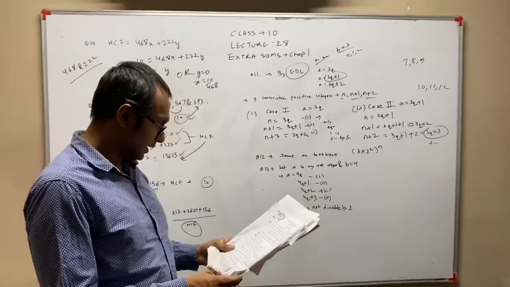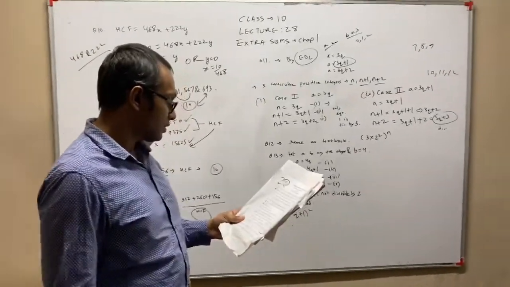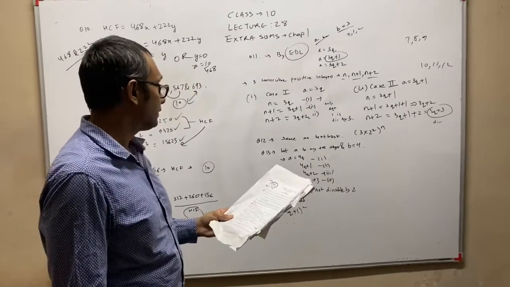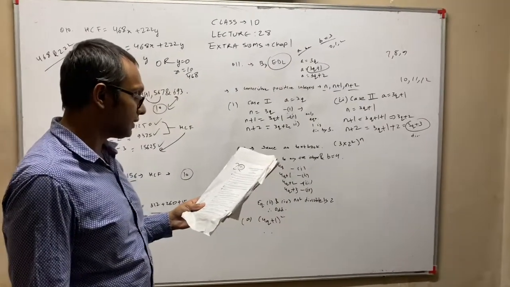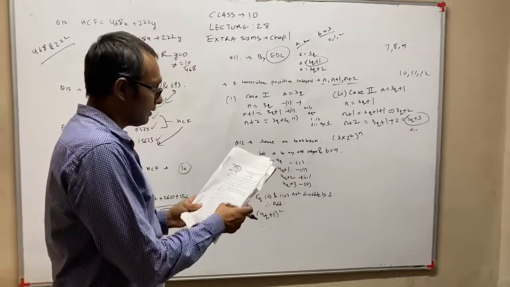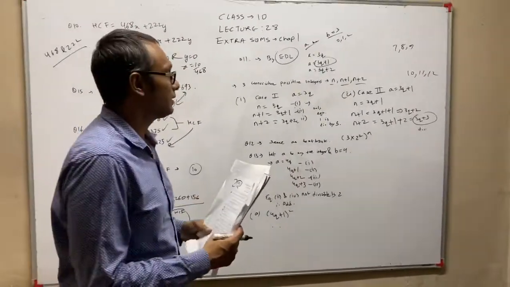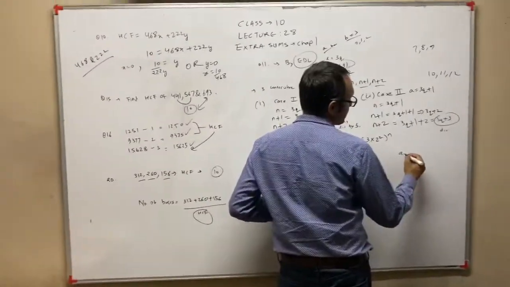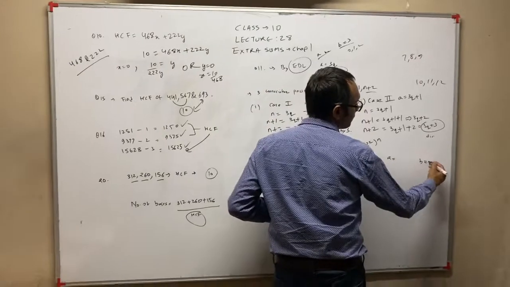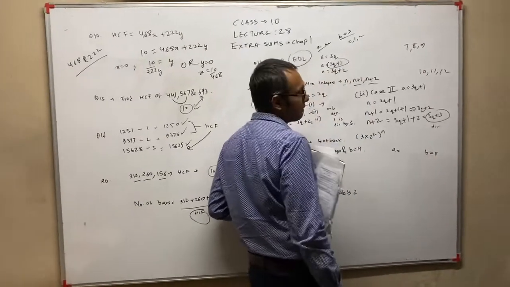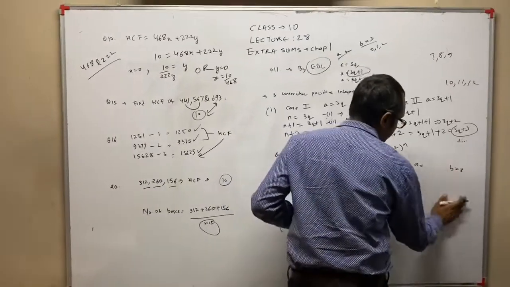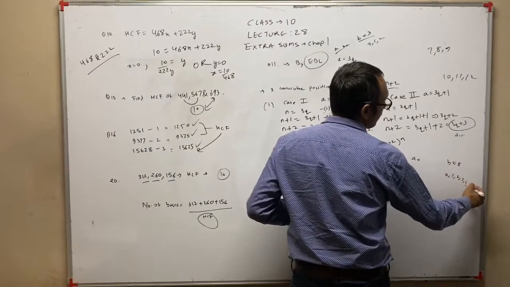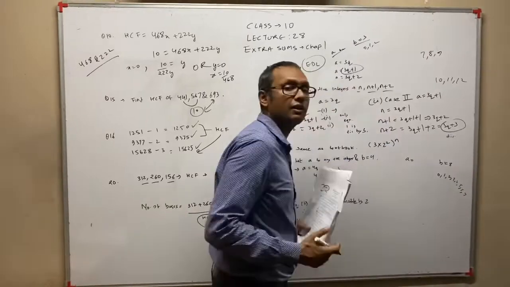Now we will have a look at question number 13. Show that the square of any positive integer is of the form 8m plus 1 for some whole number m. Now here the term is 8m plus 1. So normally when we do this sum, let a be any positive integer and b equal to 8, and if we take b equal to 8, then we will get remainders 0, 1, 2, 3, 4, 5, 6, 7, and the sum will be very long.